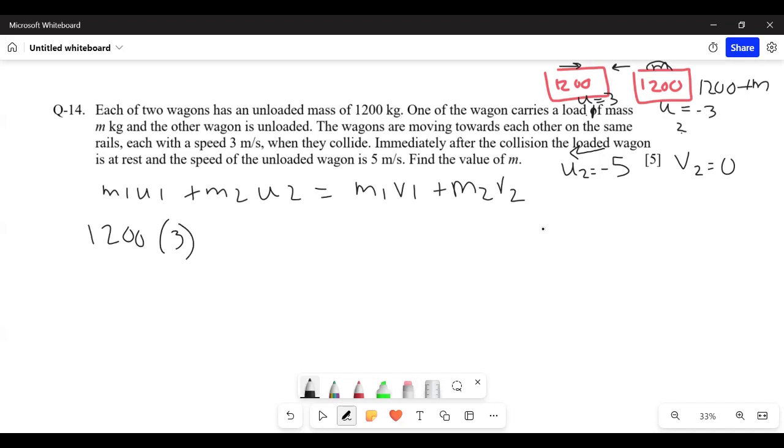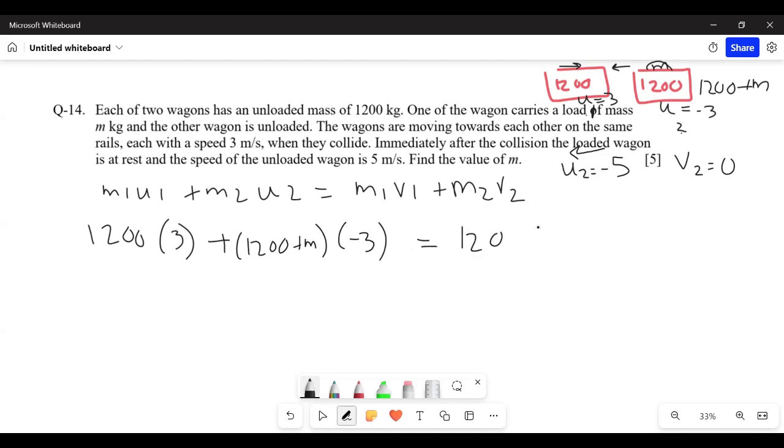I pointed it towards the right, so then it's positive. One direction must be positive and the other one should be negative. Plus m2 has load on it as well, so 1200 plus m, and its velocity is in the opposite direction, so minus 3, is equal to